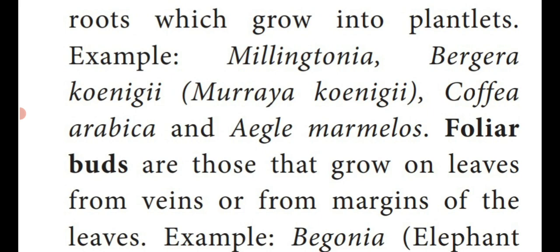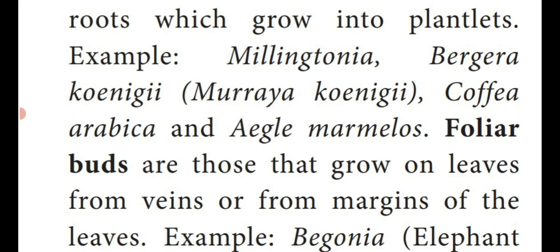Dear students, one 3-mark question is there: What are radical buds? Give examples. It is a very important 2-mark and 3-mark question, and also a 1-mark question. How will they ask the 1-mark question? Radical buds are present in dash plant. Out of these three, they will give one of them. The other options are not plants that present radical buds.